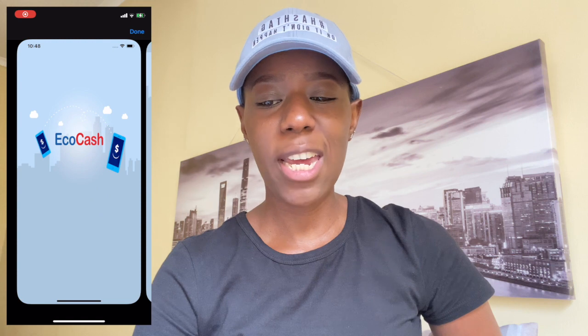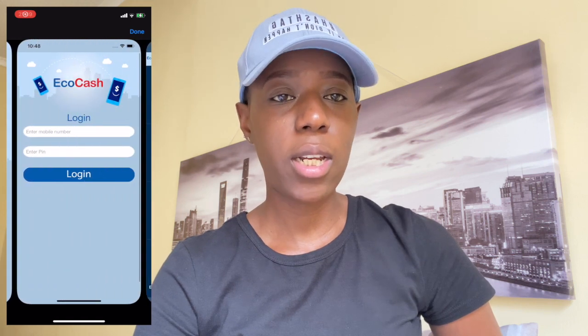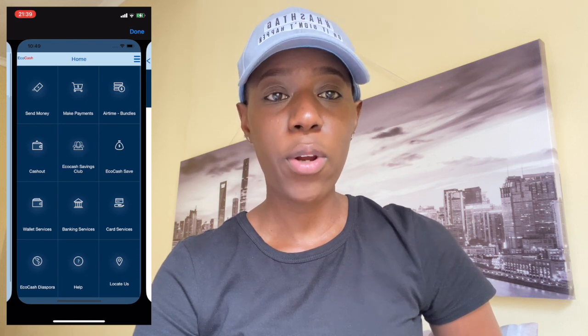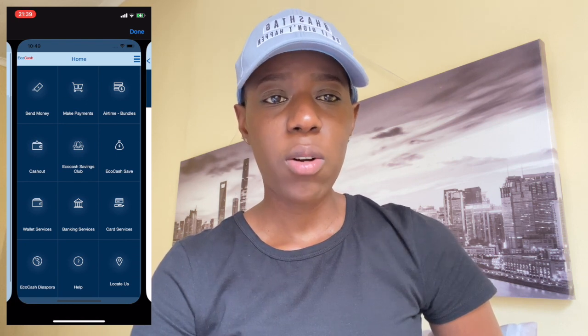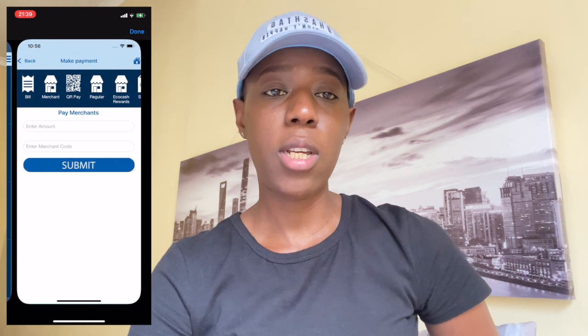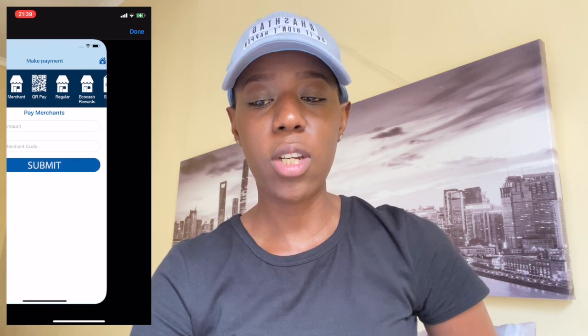So I was just looking at the screenshots on the App Store. It looks like a basic one, clean, straight to the point, and it really doesn't have a lot going on there. So I don't know if you guys use this app specifically or you use some alternative technology when you're doing Ecocash transactions in Zimbabwe. So do let me know what your thoughts are on the app and if you even use it at all.